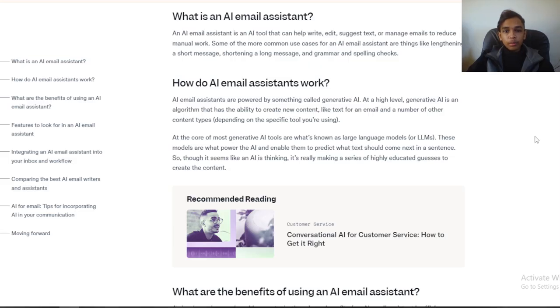At the core of most generative AI tools are what are known as large language models, or LLMs. These models are what power an AI and enable it to predict what text should come next in a sentence. So though it seems like AI is thinking, it's really making a series of highly educated guesses to create the content.